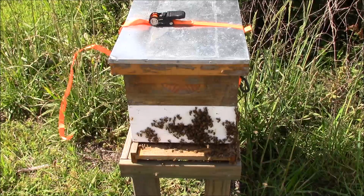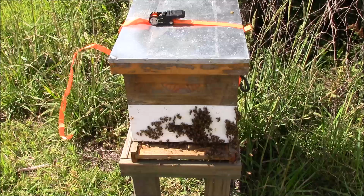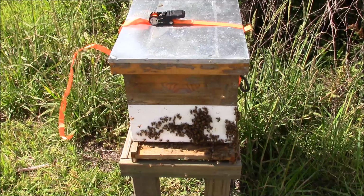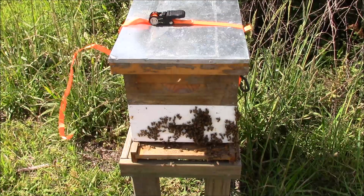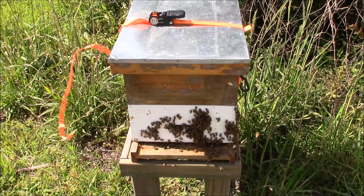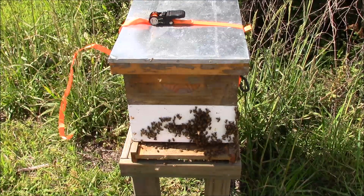Alright, here's a little closer look. What I'm going to do, if they will allow me, I want to check and see if they've got any resources in here. If they do, I've got a little 5-frame nuke over there at the house where the queen's actually doing pretty good. And it's a medium nuke. So I'll take a frame out of it, bring it over here and put it here and let them